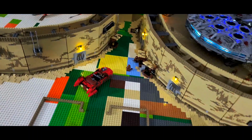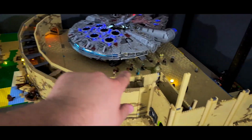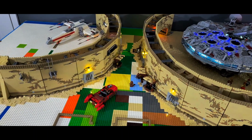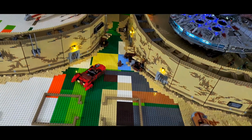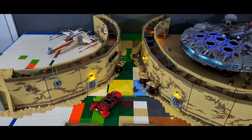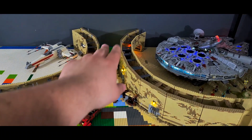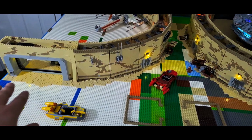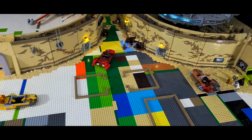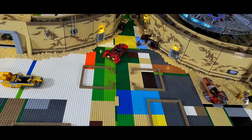I'm not gonna lie, I was really tempted to just fill all this stuff in, make it look like this on this side. I was so tempted, and I was looking at my parts, and I'm running low on the 2x2 tiles, but not to the point where I want to just fill all this. If I were to use them all up, I'd probably get up to here before I ran out, which seems like a lot, but in reality, when I still have all of this and another half of the mock, I'm being